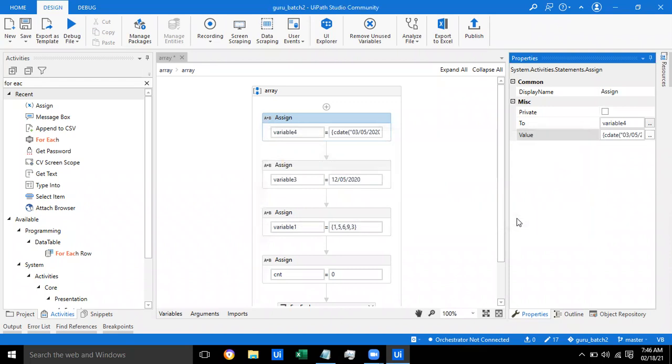Okay, just click on OK. So this is variable 4. I want you to iterate through variable 4. Guys, just Google how to find the day of a particular date in UiPath. Just Google it and let me know the answer ASAP. Day of the week ToString. Date.DayOfWeek.ToString. Just Google it and try to solve this one, Umara and Balaji.